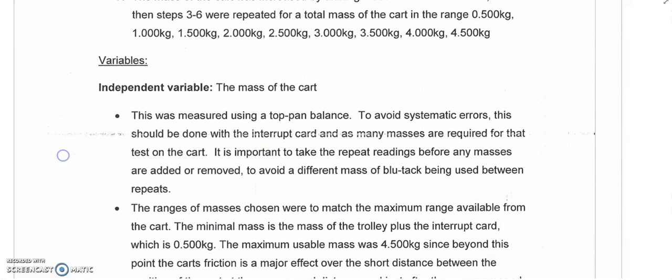So now we need a list of the variables. So the independent variable is the mass of the cart. And you tell me how you measure this. So we're measuring using a top pan balance. You tell me that is the device we need to measure this thing. You tell me how I might avoid errors in the measurement of this thing. So systematic errors, we can do that by whatever method, and we can take repeat readings to reduce the effect